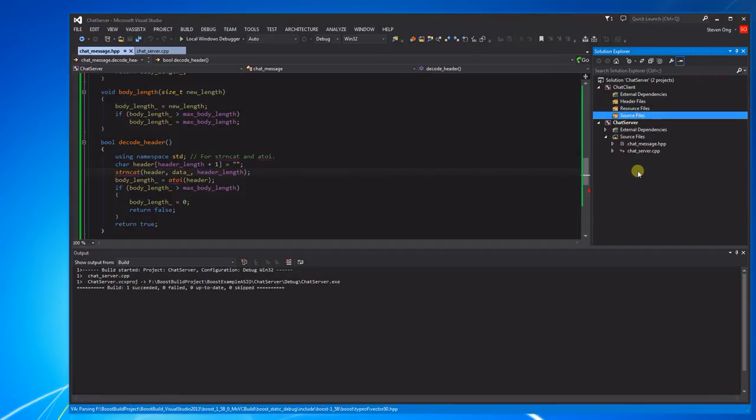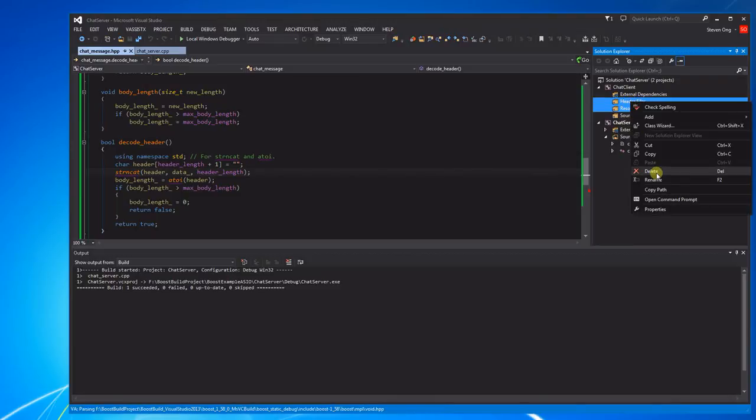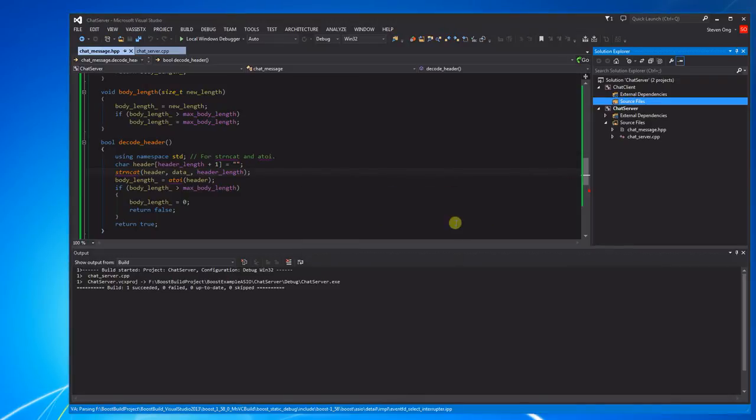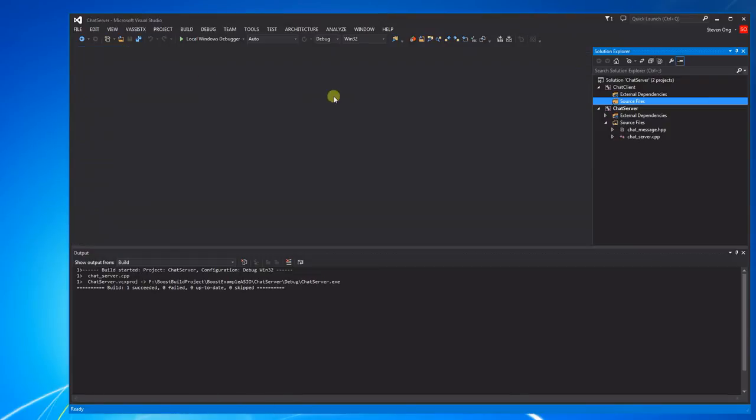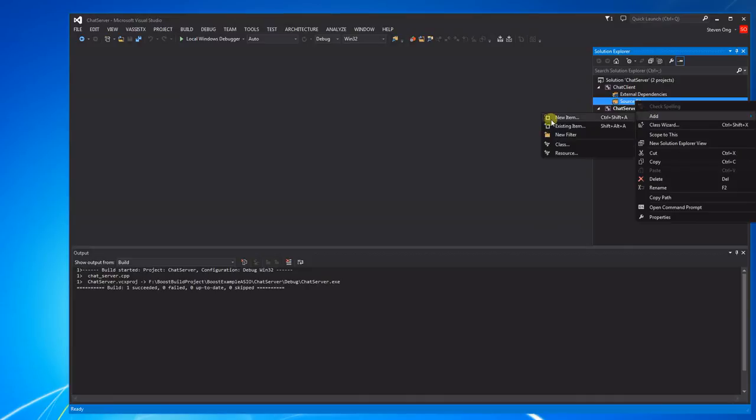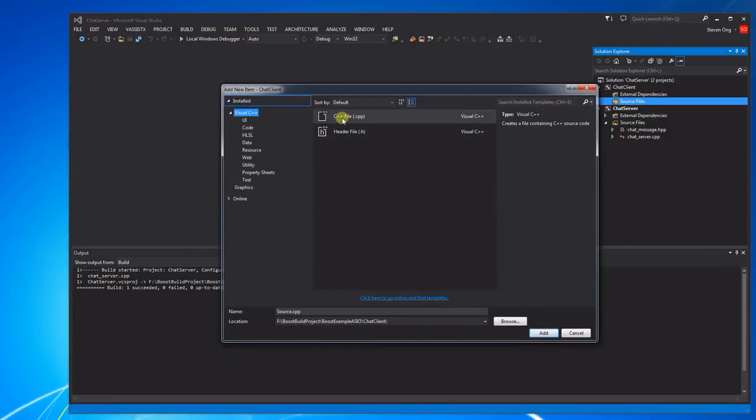Okay, so the chess server. Same thing here. We don't need those. I'm gonna remove those. And I go ahead and for now just close these two files. I think we're done with them. Now I'm gonna add new item, and it's a